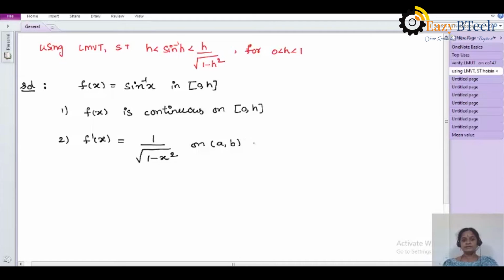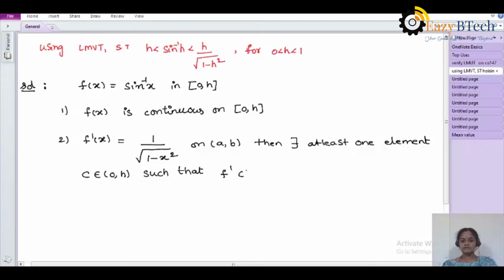If these two conditions are satisfied, then there exists at least one element c belonging to (0, h) such that